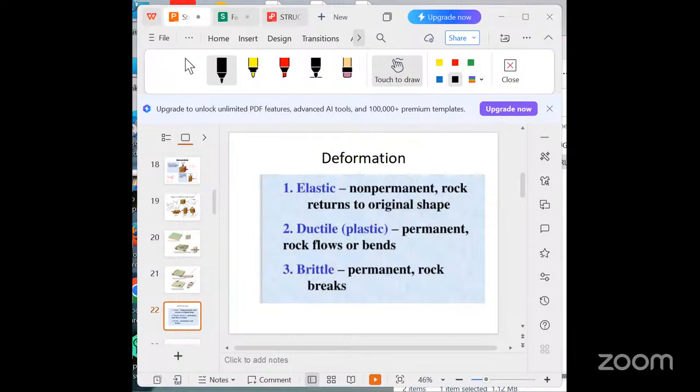Now we are going to deformation. What is deformation? There are three stages of deformation: first one is elastic, second one is ductile, and third one is brittle, right? If the body is subjected to directed forces,